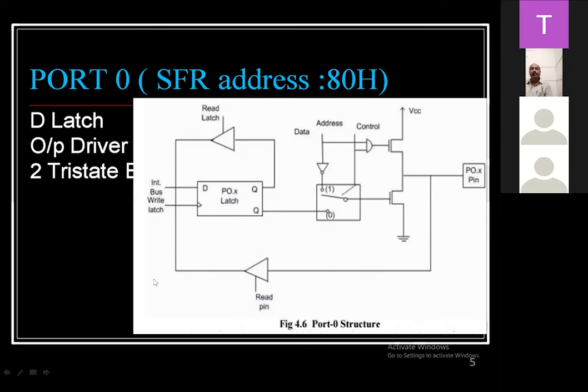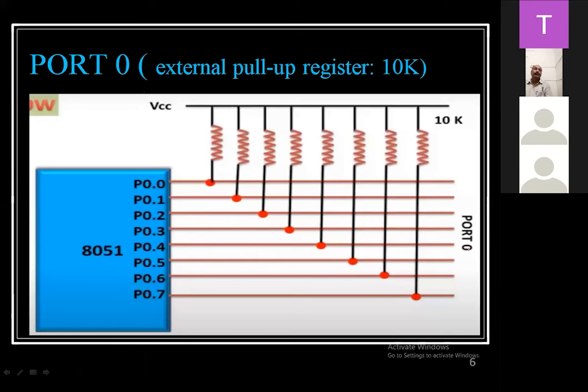Now how is it going to work? Suppose we are configuring port 0 as input. Input means we have connected a sensor to port 0, a temperature sensor, and it is going to take the temperature sensing and add the temperature readings into this 8051. So at that time, how does this circuit work? Just assume that. So this is pin number 1, and it is going ahead. So this will be the external pin and we have configured this as an input.